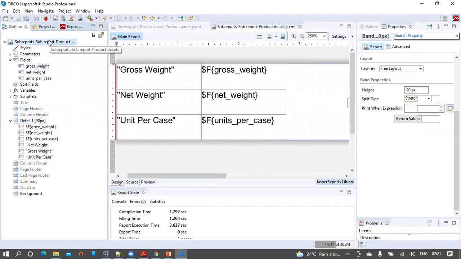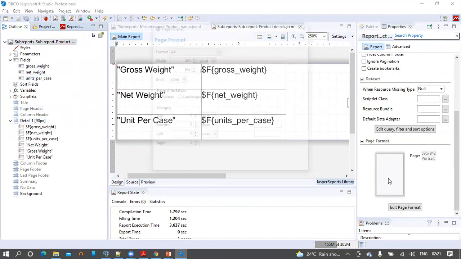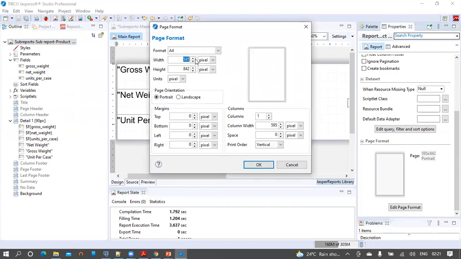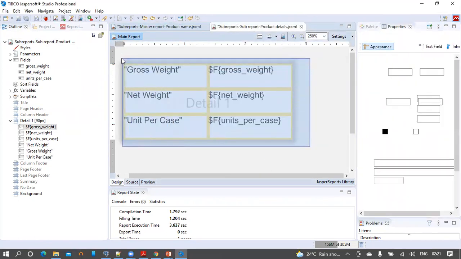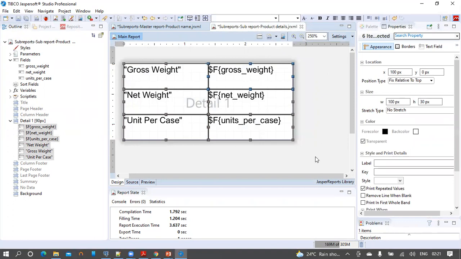So adjust the width of the report here in the page format with 200 pixels, and height should be equivalent to the sum of these text fields here. It should be 120 pixels. So the design fits exactly with the heights and widths of text fields taken.